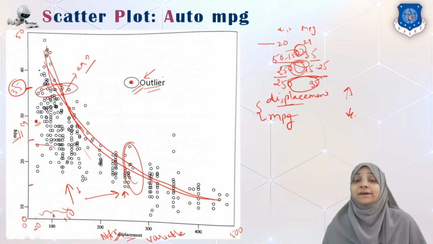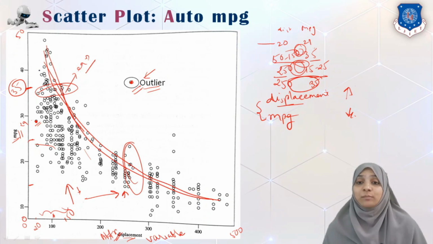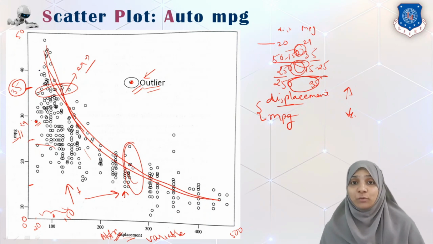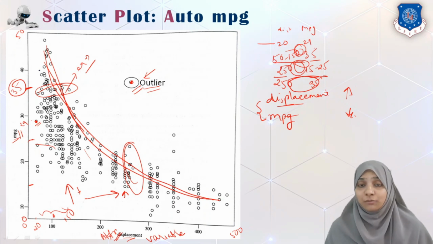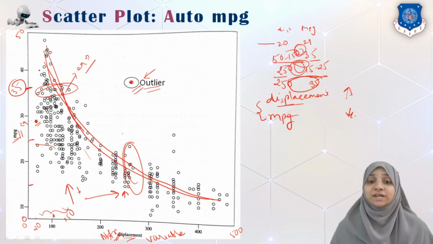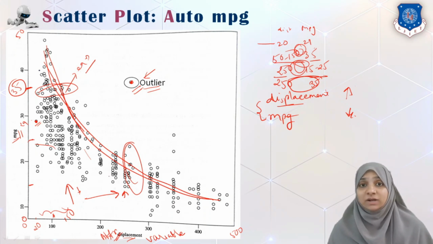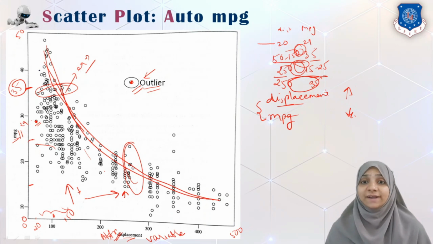They must get removed before the data is fed to a machine learning model, because if this kind of wrong data is given as input to the machine, it might predict output based on this wrong data and train the model wrongly. That's why it is important to find out the nature or the relationship between the variables or attributes of a given data set in the form of a scatter plot.